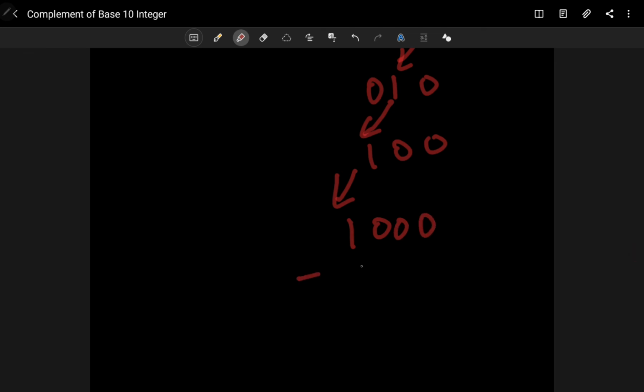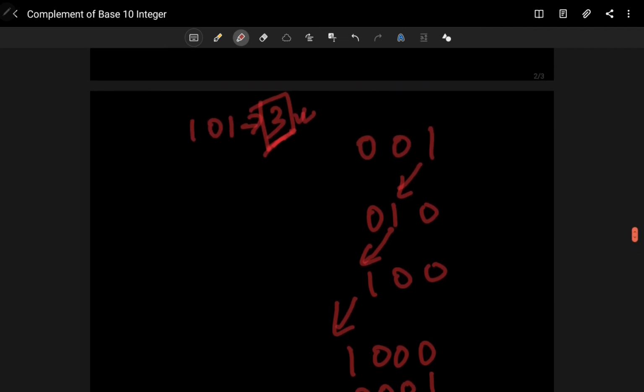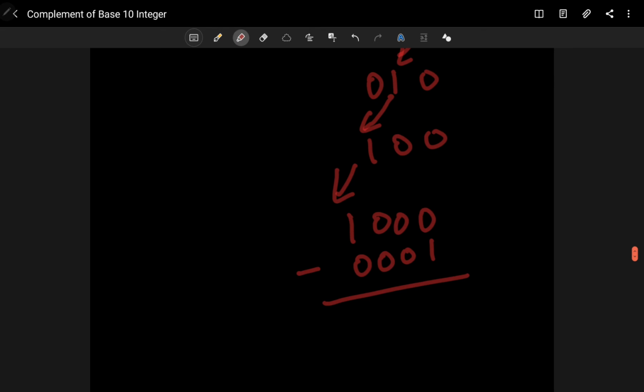Now after left shifting, if we subtract 1, it will give you all 1s. Let's check that. For binary subtraction, 0 minus 1 will be 1 and carry will be 1.